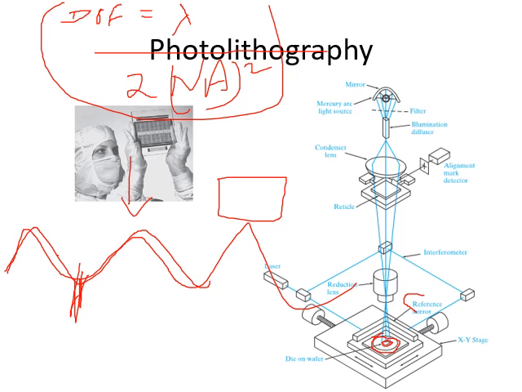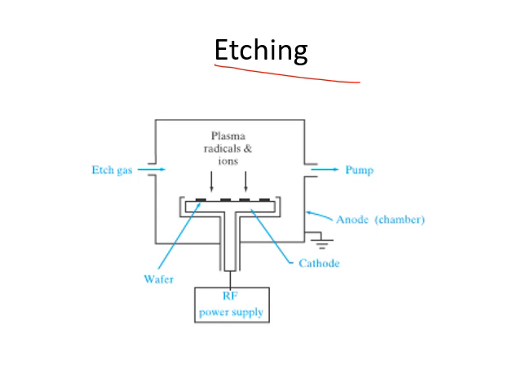Yes, the basic concept, I think it is done, and we'll move to the next part, which is called etching. So what is etching? Etching is nothing but removing the unwanted part from the chip. Earlier we used to do it with wet chemicals, or liquid chemicals. So dilute HF was used. I think it is hydro